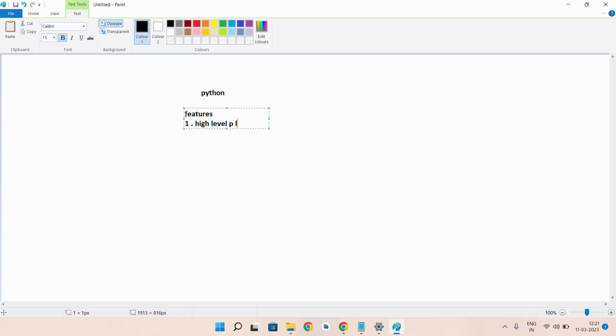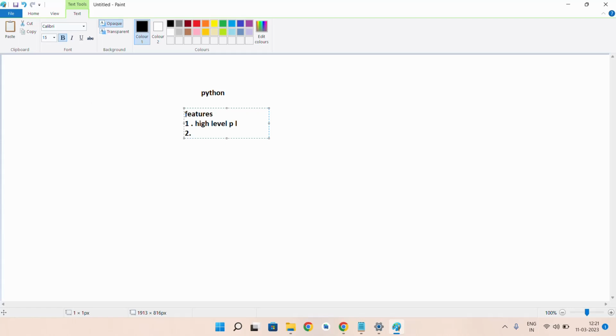So simply, a high level programming language means a programmer friendly language. The statements will be in English statements, so we can read easily and we can interact with this system easily. The code which we have written in Python is similar to English statements. This is what a high level programming language is.